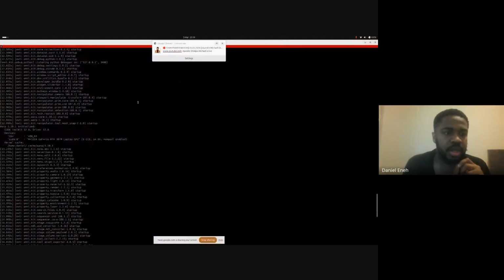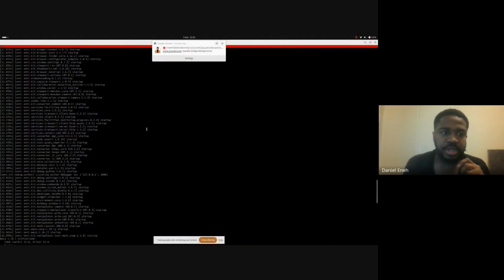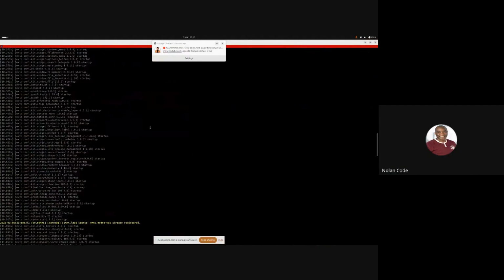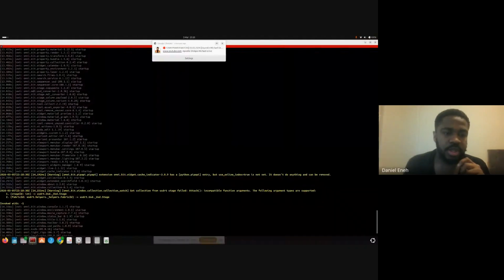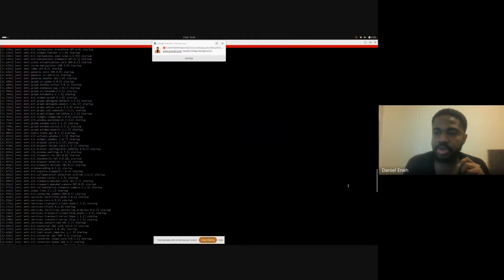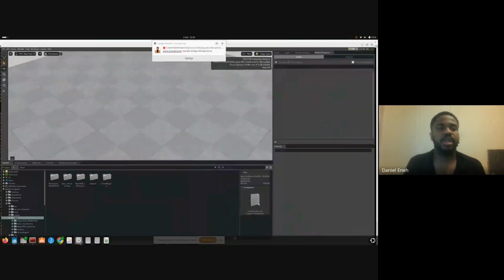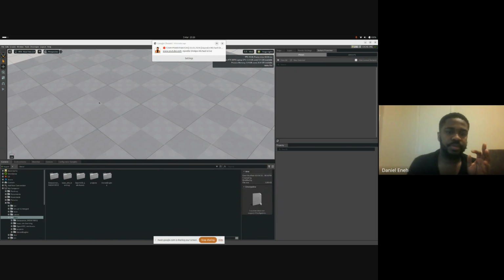So now, can you see my screen? Can you see the terminal that I just ran? Yes, you can see it now. Okay. So the terminal, I'm trying to run it just so you can have a visual look at what you're going to see. This is the Omniverse environment with the stage. And this is the asset that we're looking at. This is the data center which I've built.